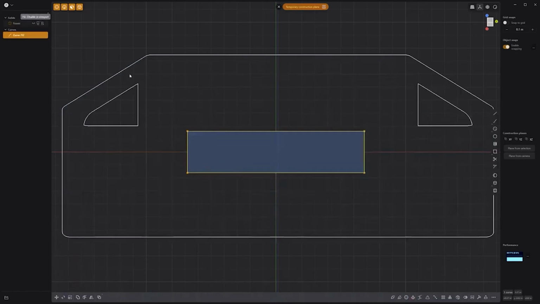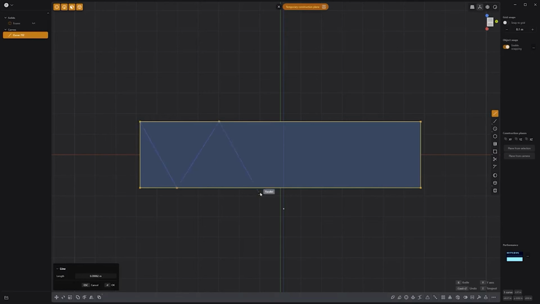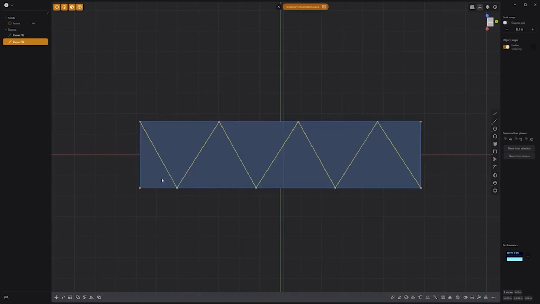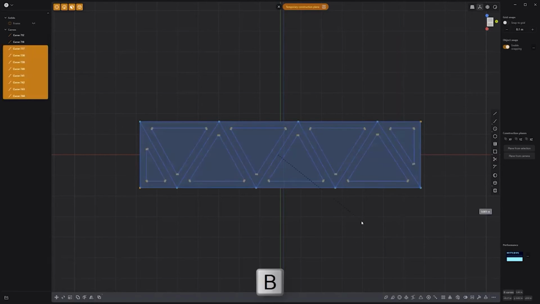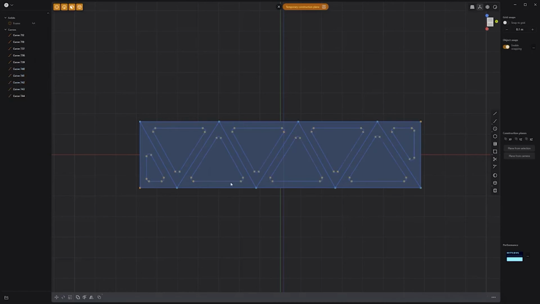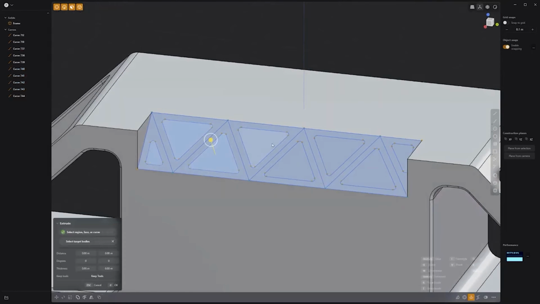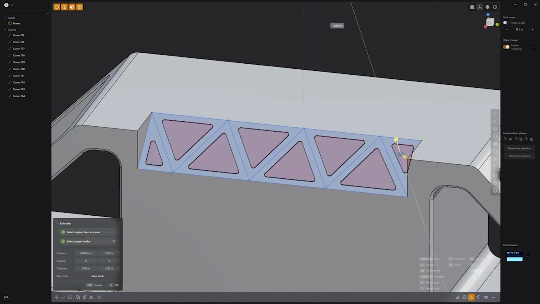Hide the solid, then use the line tool to create a triangle pattern through the rectangle. Select all the triangles, press O to offset them, right-click to commit, and then press B to bevel the control points. Unhide the solid, select the triangles, click the Select Target Bodies Extrude attribute, followed by clicking the solid, and